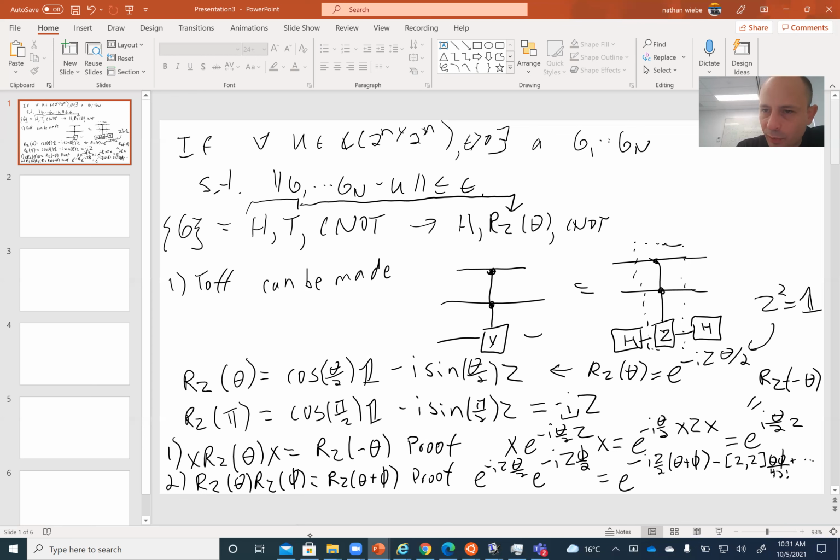Now, the commutator between A and B is just AB minus BA. So the commutator between any operator and itself is always equal to 0. Therefore, this is 0, and we end up seeing directly that the product of rotations is the rotation of the